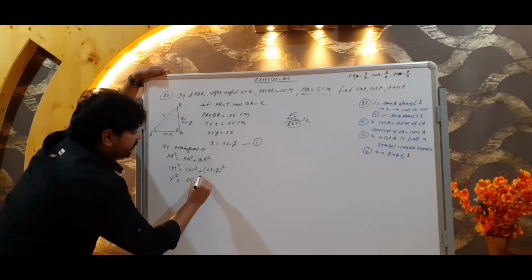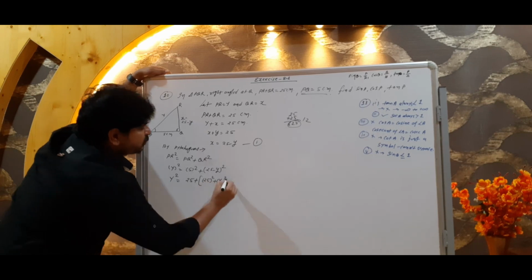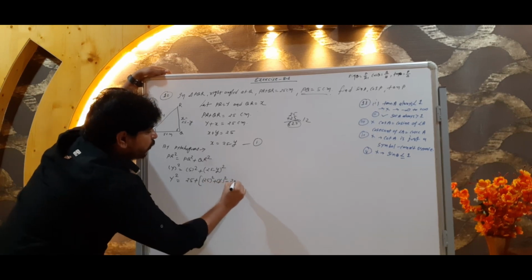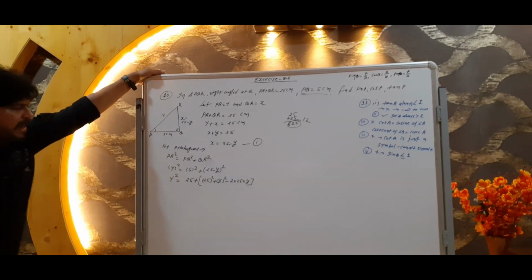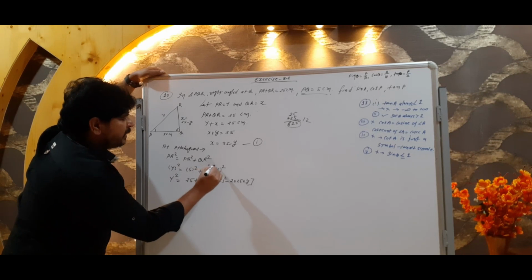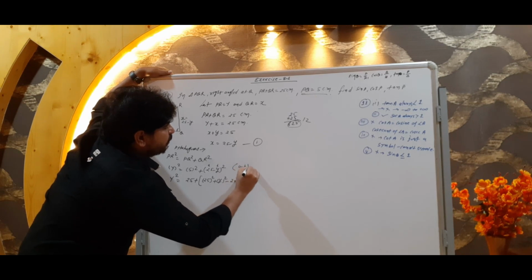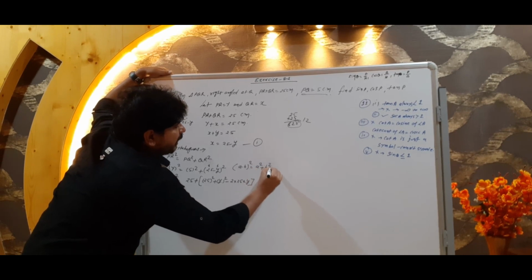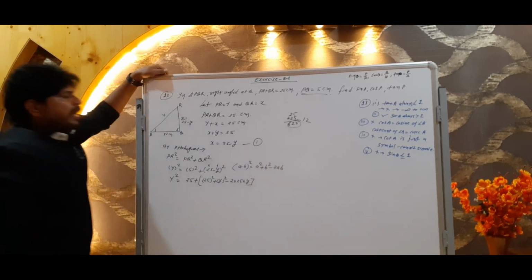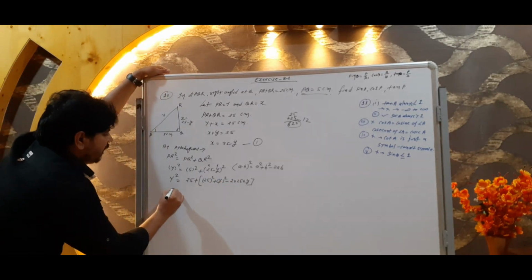Yeah, first for clarification I am writing like this: a square plus b square minus 2ab, 2 into 25 into Y. Okay, like this we can apply because this is suppose a and this is b. Yes, ये हमने कौन सा फार्मूला यूज किया? (a minus b) का whole square is equal to a square plus b square minus 2ab. With the help of this we got this relation. Now let's see ahead what will happen.